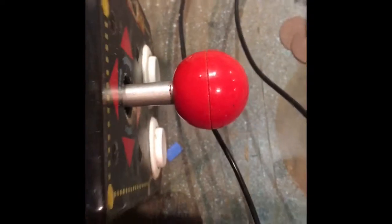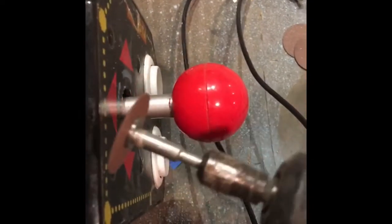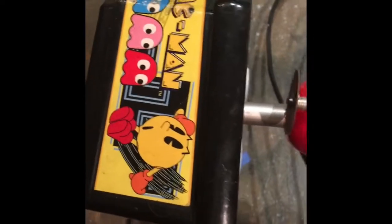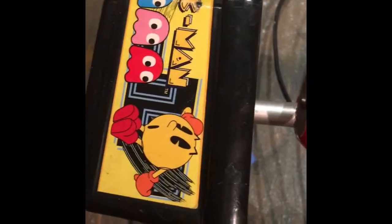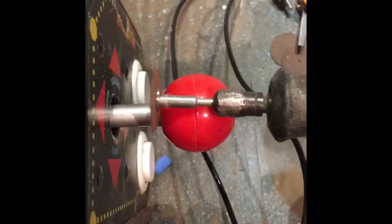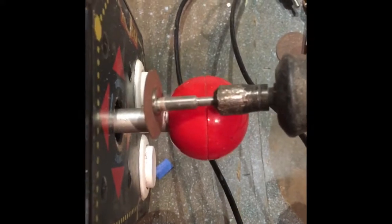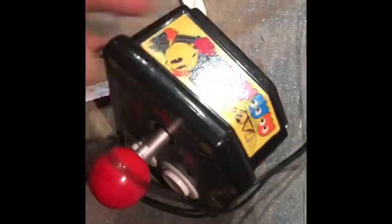Usually what I did the last time was start it with a Dremel tool to just go in and notch a little bit. You're going to have trouble with the shaft hitting the ball here, so I just notched it a little bit to get a starting point, and then I use a hacksaw. I just power through the thing with a hacksaw. And the way to do that is,